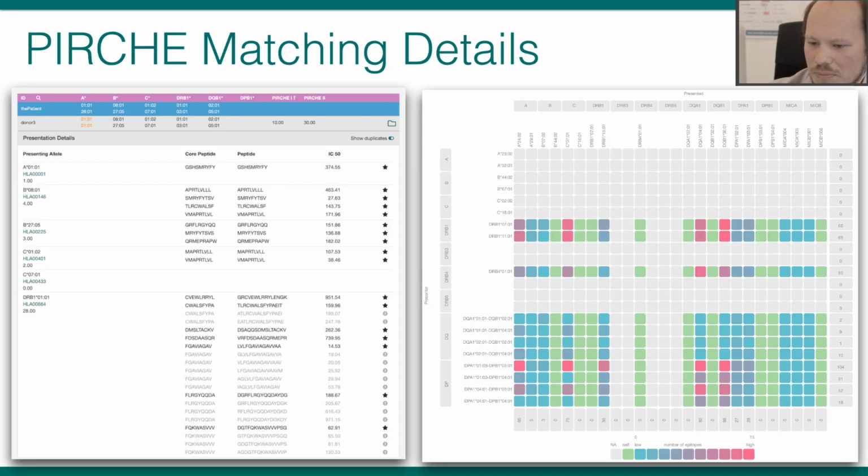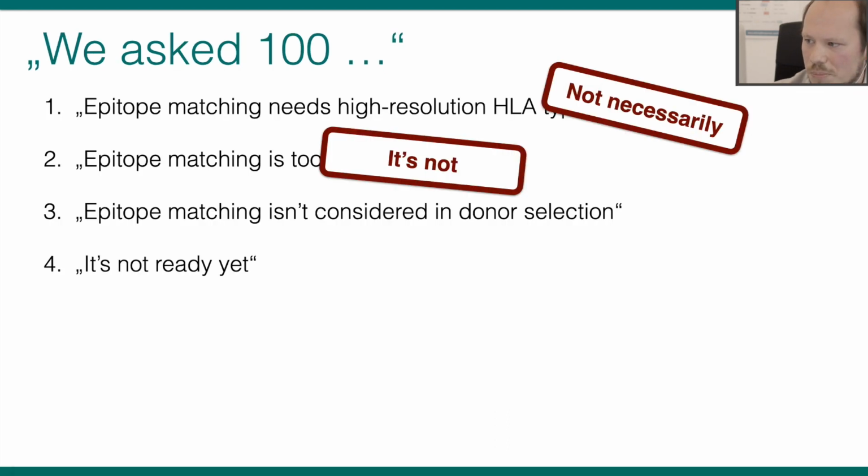And also you can see these nice plots, so aggregated data. So you do not necessarily have to be a huge expert on that to still get a good idea about the epitope match grade. So that was point 2.